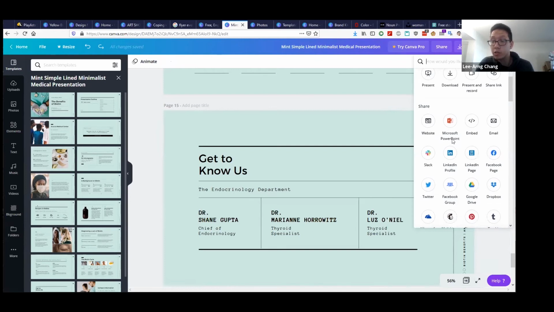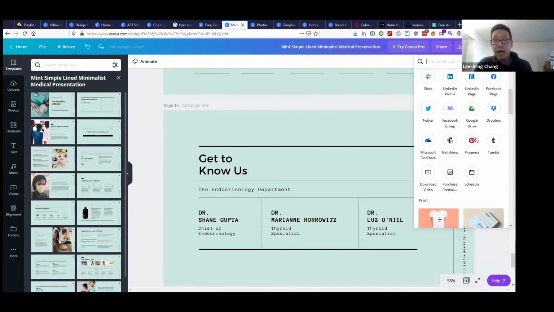Oh, it looks like you can also share to Microsoft PowerPoint. It would be interesting to see if there's any compatibility, if you can adjust some of the assets in PowerPoint after you've created a slide deck in Canva. I actually did not see this. But this is how you would create something and then share it directly on an Instagram, Facebook, or Twitter account. I think you would utilize one of the links here.